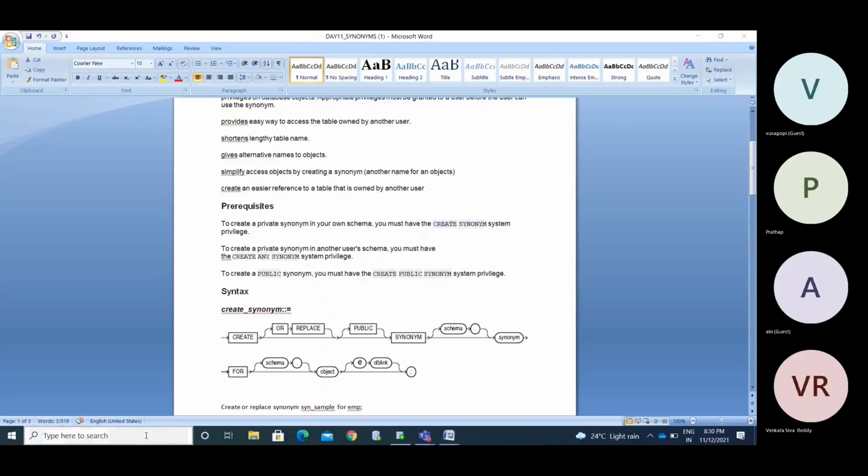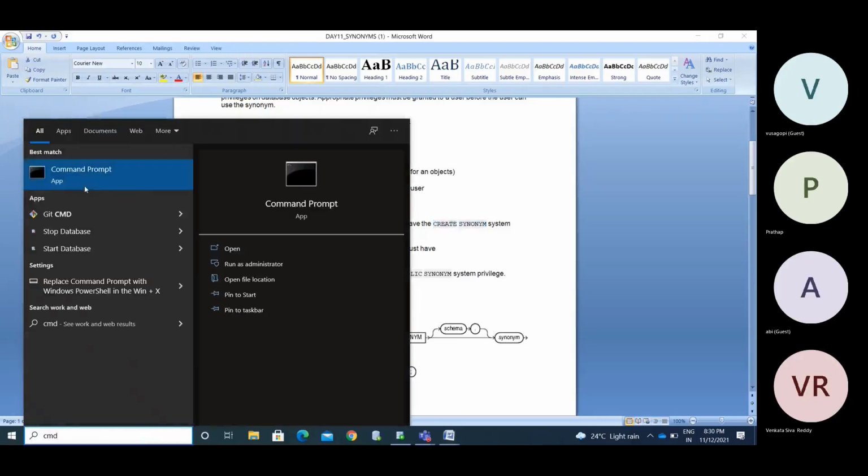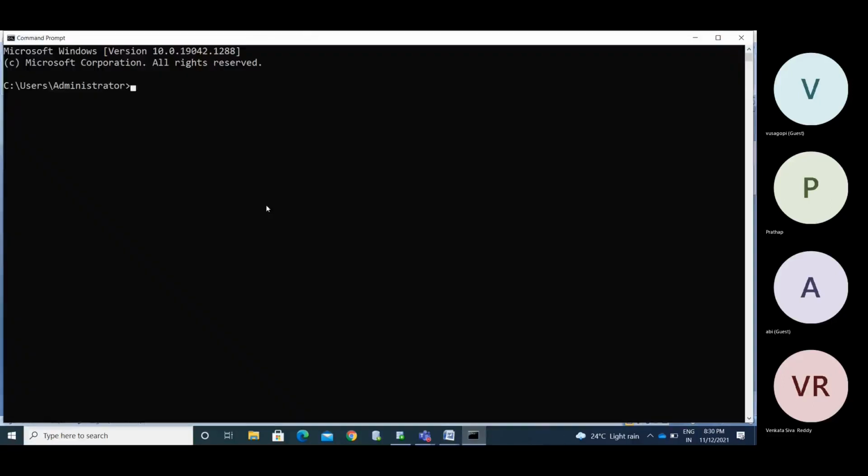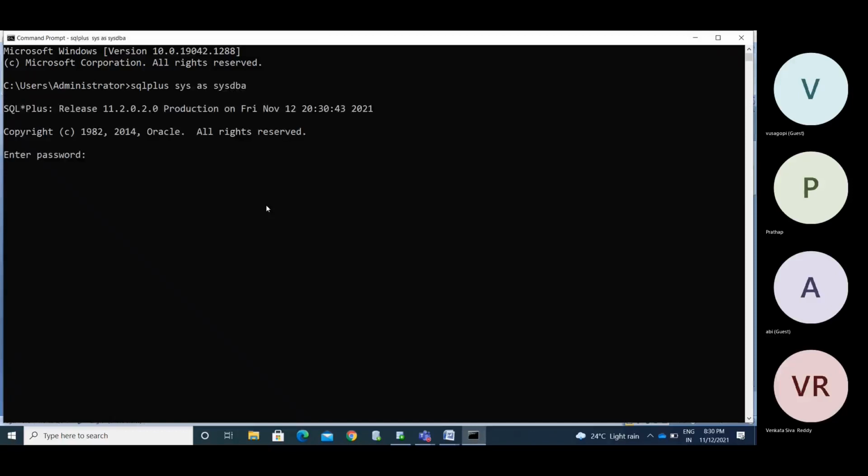Like in CMD, sorry, we need to connect to the admin user: sys as sysdba. It is offered without a password. Now we need to provide the grant to HR.